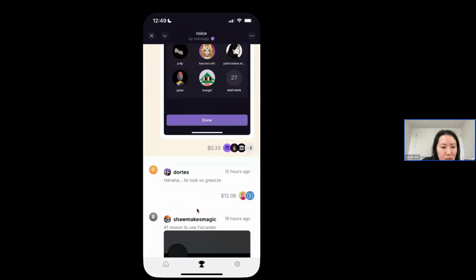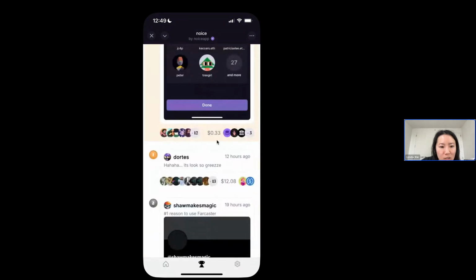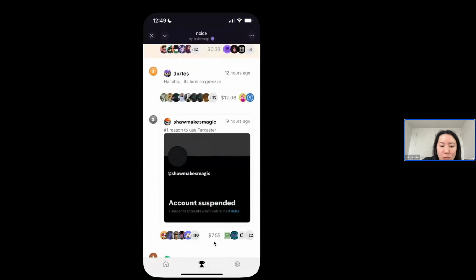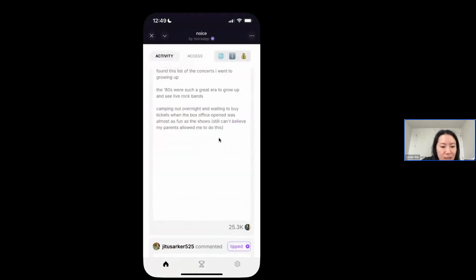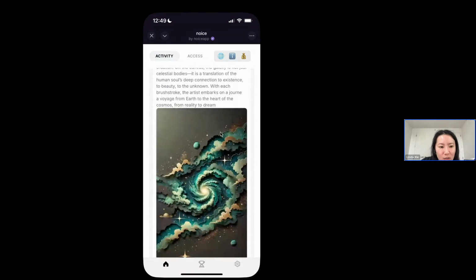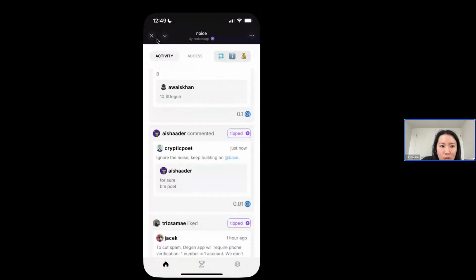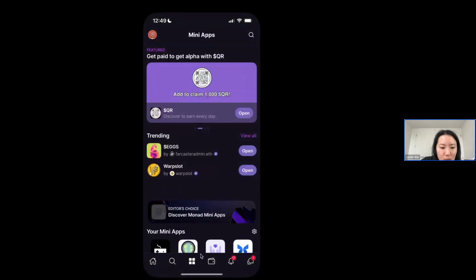It takes a bit to load. So you can see, okay, I earned 33 cents for this post. This post earns $7. And you can see real-time feeds. I think this is really well done and a great way for users to earn their first $1 in their crypto wallet.